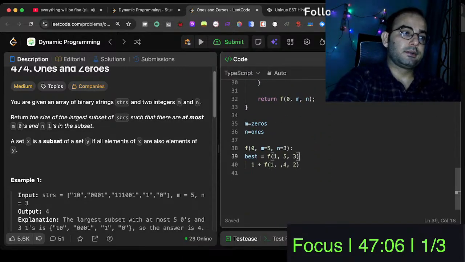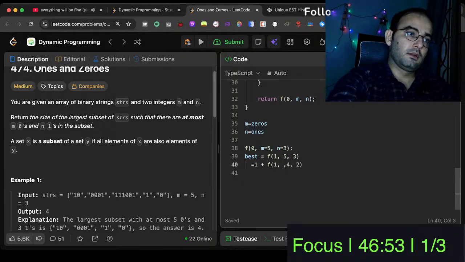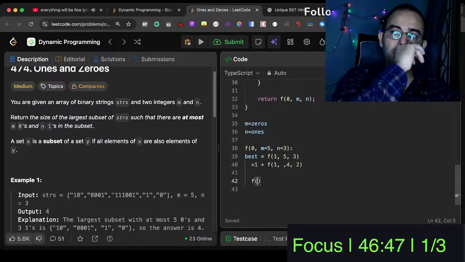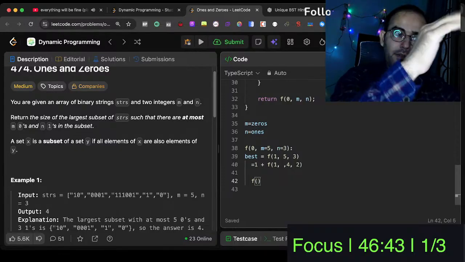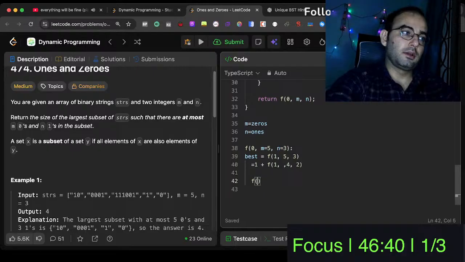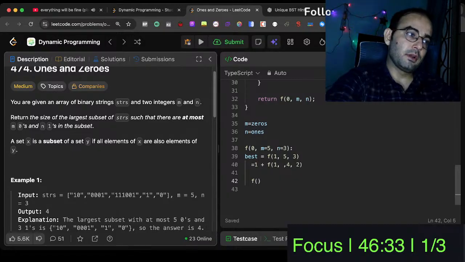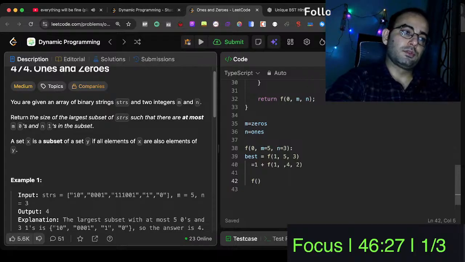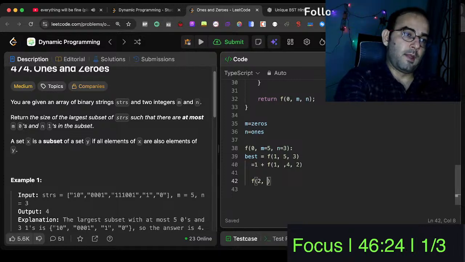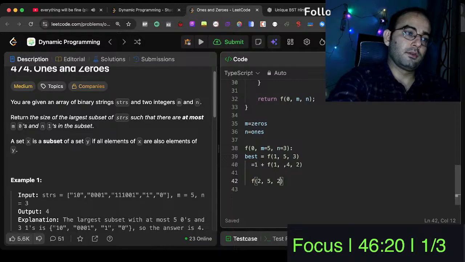So we have called this one. Now we are calling the same function, this one, right? Now if we are not taking, then what will we do? We will go to f of 2, f of 3 without changing these things. If we don't take these elements, then we will go to the next element without changing the number of 1s and zeros left. So we can say 2, still 5 and 3,